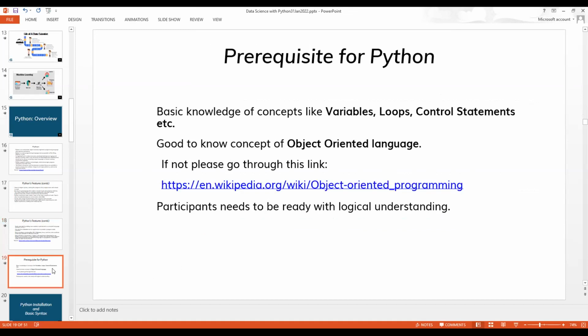Then what are the prerequisites? As far as object-oriented languages need, we have variables, loops, control statements. There might be a bit of difference in programming between C and Python, let's say 20 to 30% at the max. Overall, the programming is similar. If you know one platform, if you study it hard, if you know all the glitches and know how to solve errors, you can learn another language quite easily.